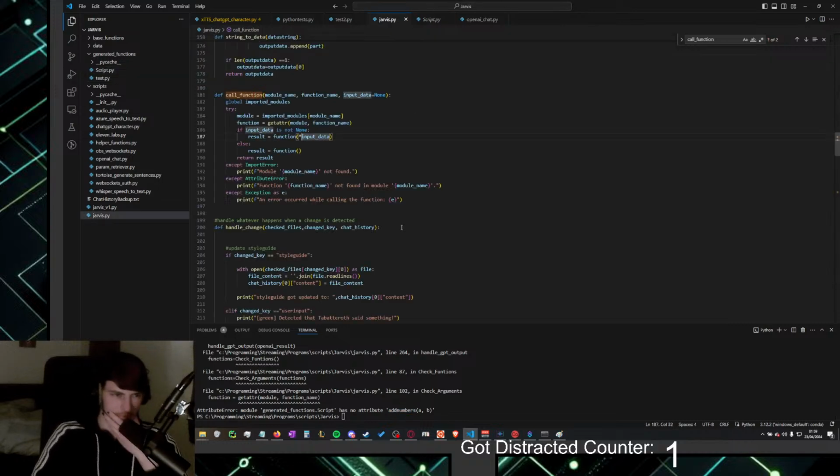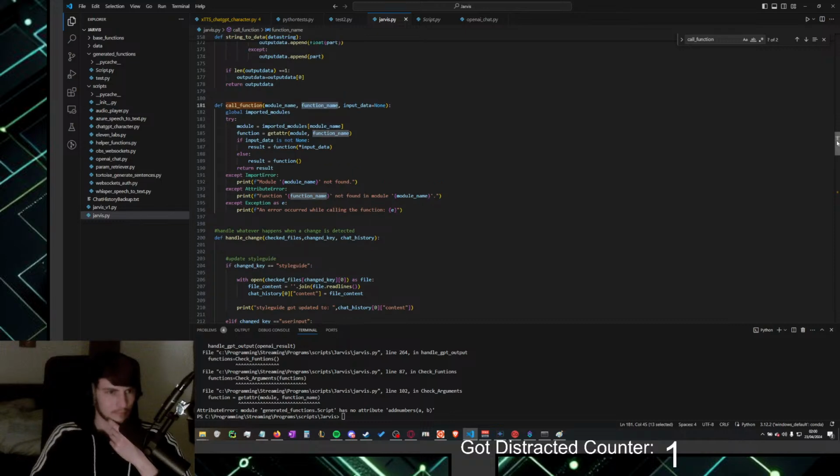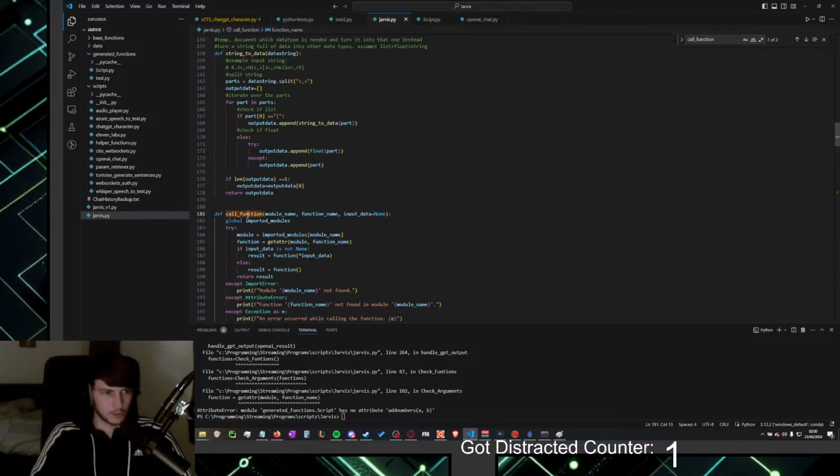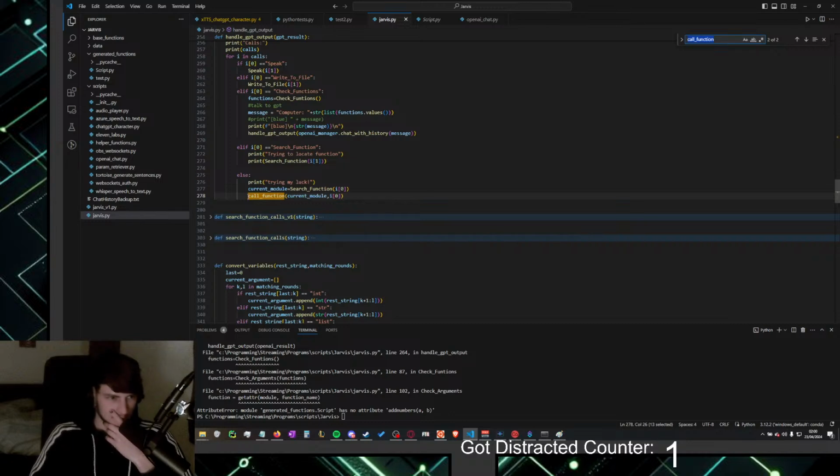Okay, so I have to get rid of that. Okay, that should be simple, I think. Function. Okay, we can probably actually... Okay, that could be a really hacky solution.